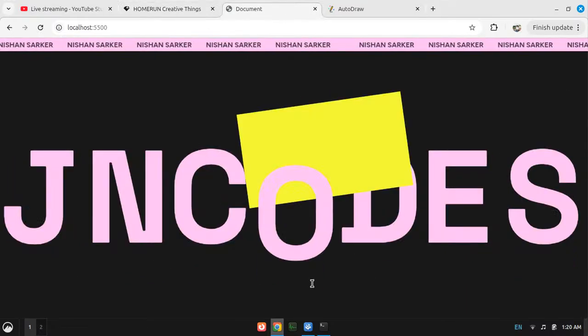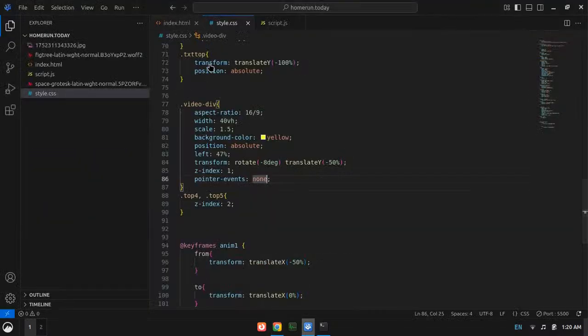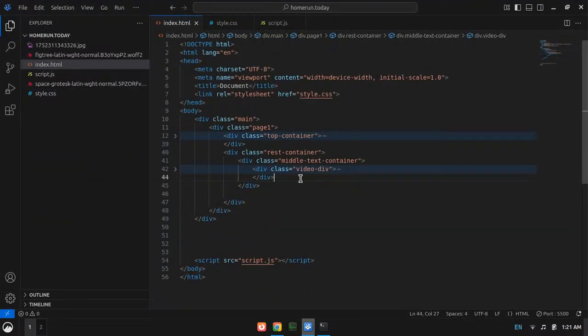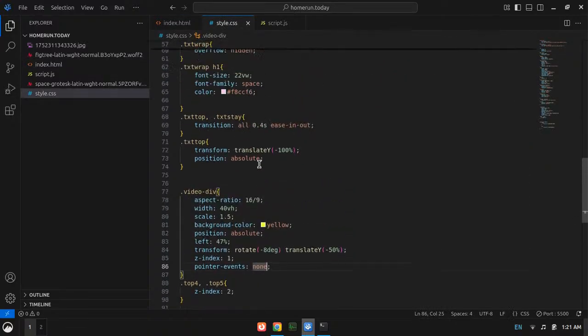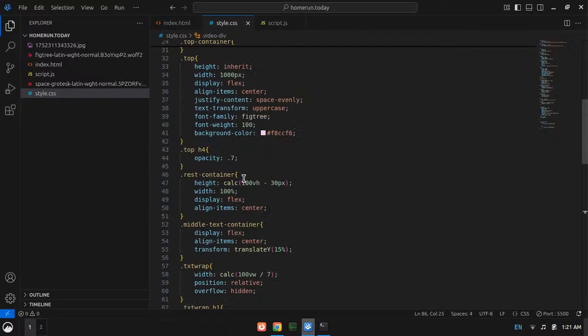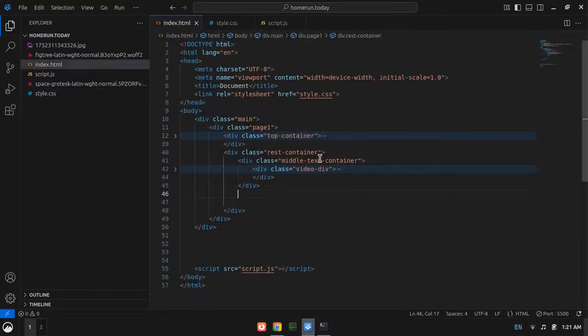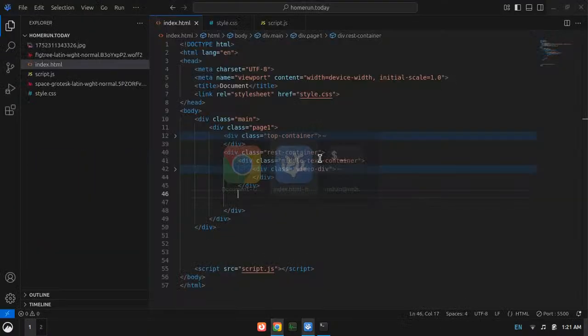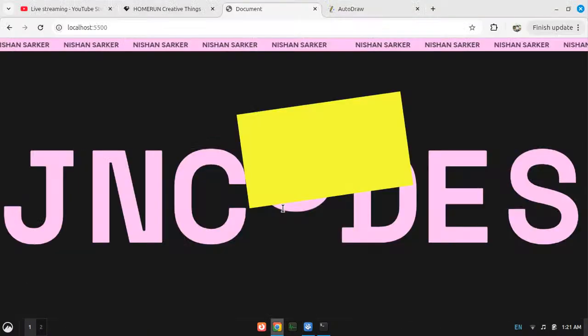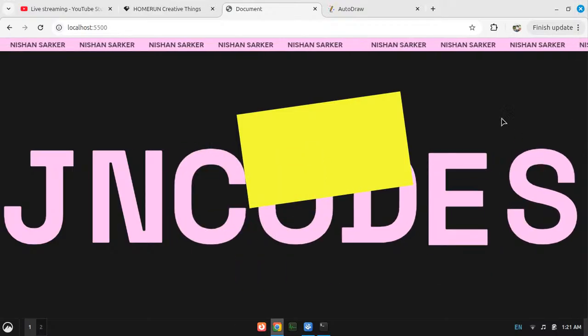We have two texts here actually, so let's add them real quick. What I need to do is add another thing below the middle text container. Is the rest container displayed flex? Yeah, it's displayed flex, so it is going to be a headache to implement that. If I add a div now, it is going to be on this side, right?